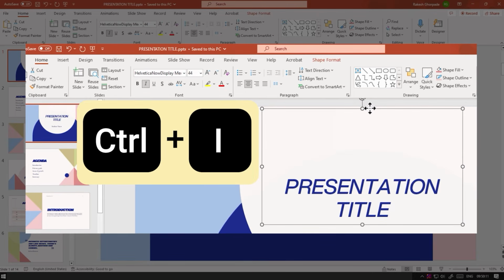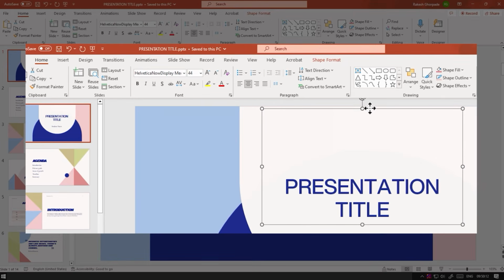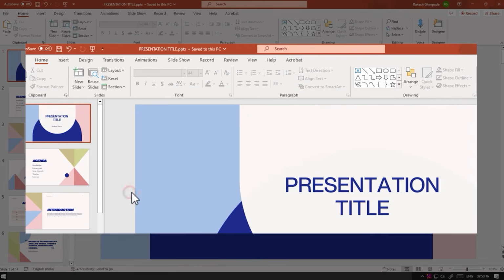Press Ctrl+I to turn italic on or off for the selected text. After removing the bold and italic effects, the text should now appear in normal formatting.